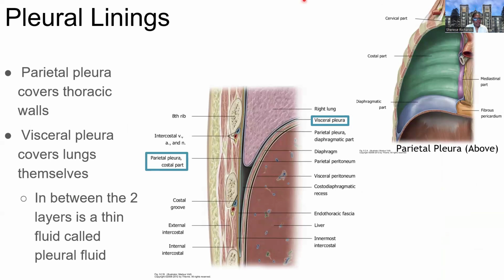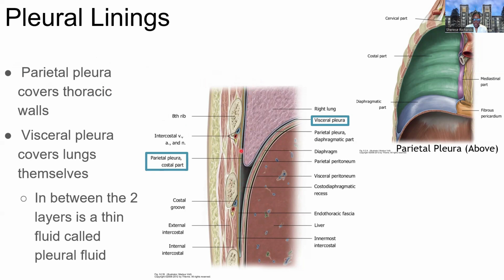All right, now let's move on to looking at the lungs. So we've talked about some of the accessory structures to respiration and the trachea, bronchi, etc. Now we're actually going to look at the lungs themselves and look at how the lung tissue, the alveoli, are important in gas exchange. So the outer coverings of the lungs are formed by the pleura, and there are 2 layers to the pleura. There's a parietal pleura,